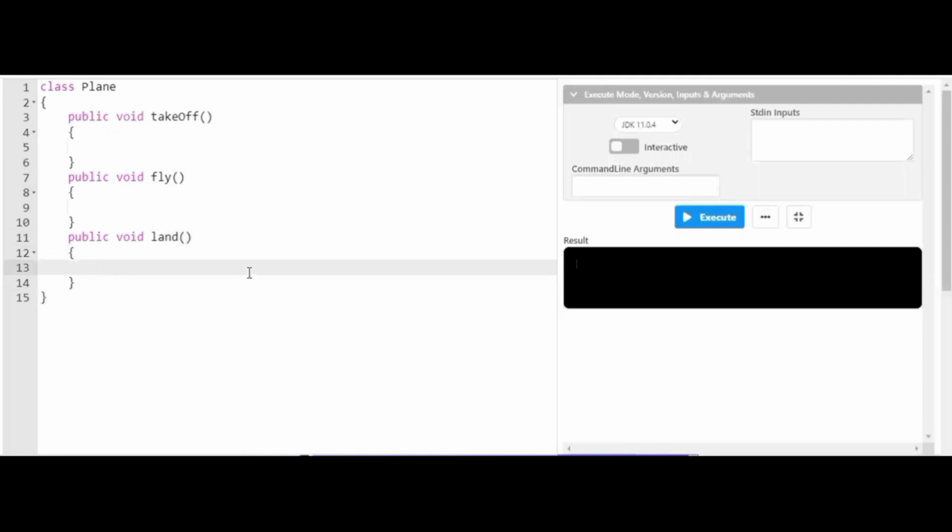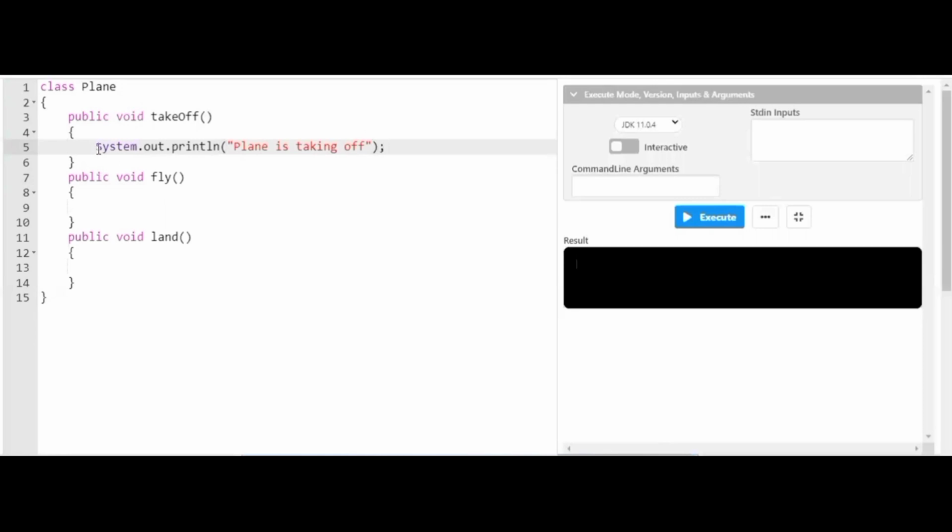I'll be explaining how exactly polymorphism takes place with a proper example. Assume I have created a class Plane which performs three actions: how the plane will take off, how the plane will fly, and how the plane will land. I'll be declaring a statement for better clarity. So System.out.println, in this I'll be writing "plane is taking off", ending with a semicolon.